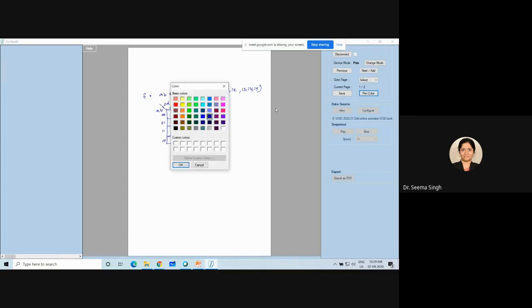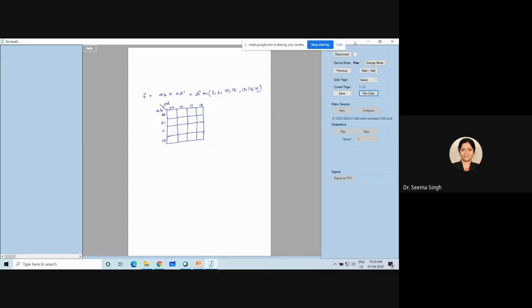What each cell means. So, A, B, C, D, 0, 0, 0, 0 is a 0. 0, 0, 0, 1 is a 1. 0, 0, 1, 1 is a 3. 0, 0, 1, 0 is a 2. So it becomes 0, 1, 2, 3. Then this is 0, 1, 0, 0. That means it's a 4, a 5, a 6, a 7. This part is common with your 3 variable map.